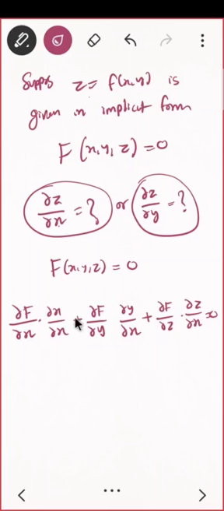First of all, do you agree this is true? From this statement, can I write this? This is just the gradient dotted with dou x by dou x, dou y by dou x, dou z by dou x. The gradient is already 0 here, since the function is 0. Dou x by dou x, what is that? That is 1. And what is dou y by dou x?